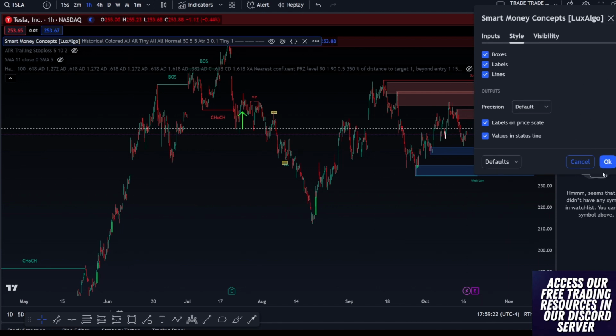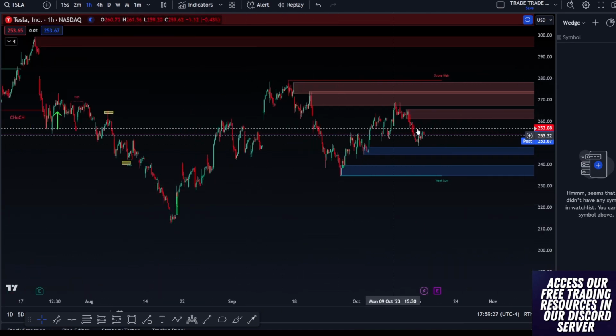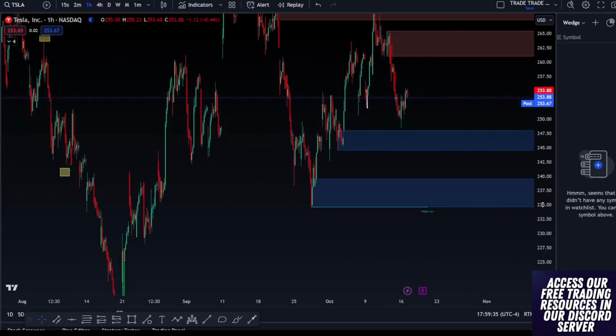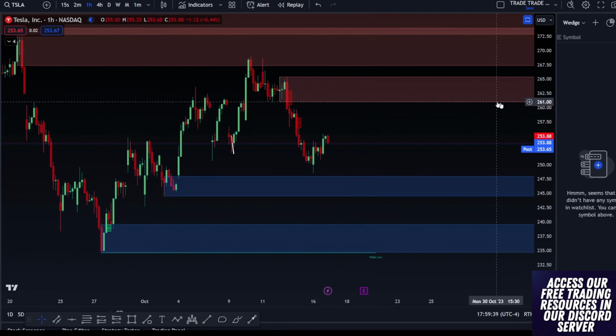I would honestly just keep the structure on until you guys can start noticing on your own what a break of structure is and what's going to end up happening, and obviously you're going to use other indicators inside of them. One of the things this really helps you with is fair value gaps, which are very important. Can anybody tell me the difference between a fair value gap and just an actual price gap?